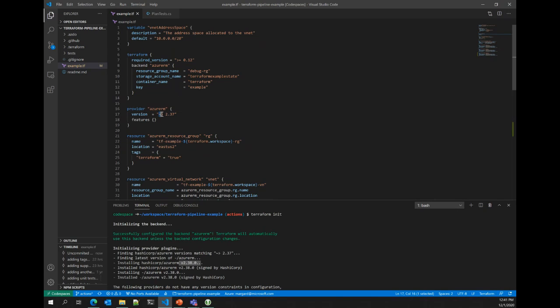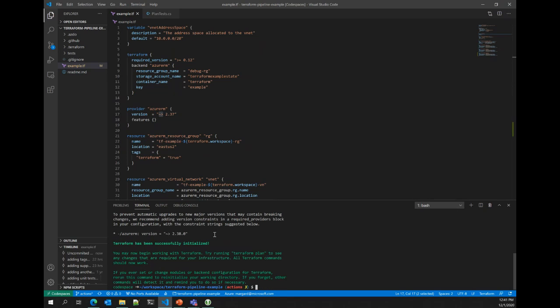That's because what I really said is I would take any version greater than or equal to 2.37, and currently this is the newest version out there. So this is what I was talking about. Whenever you re-init, you potentially could get different versions of your dependencies. So you always want to make sure that you bundle your dependencies with your built artifact.